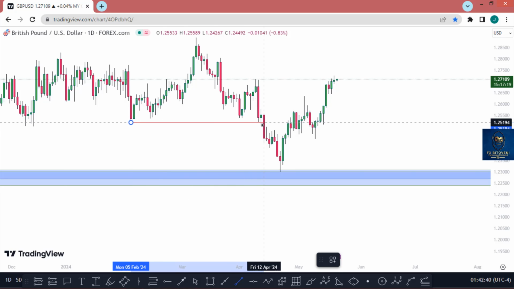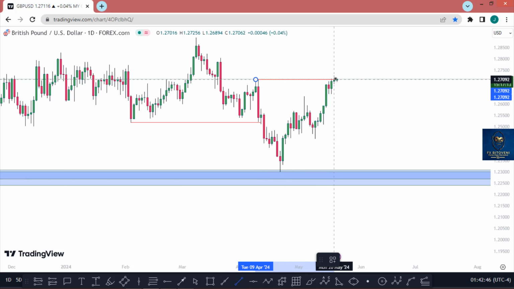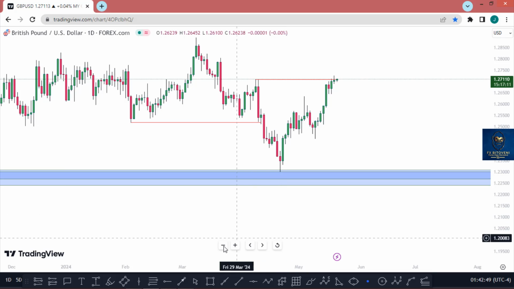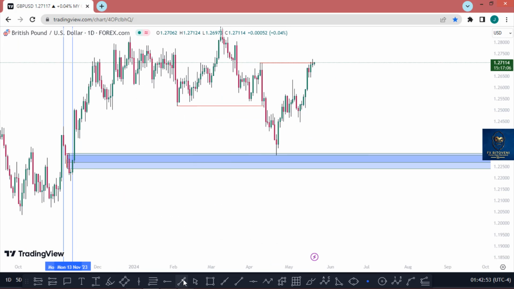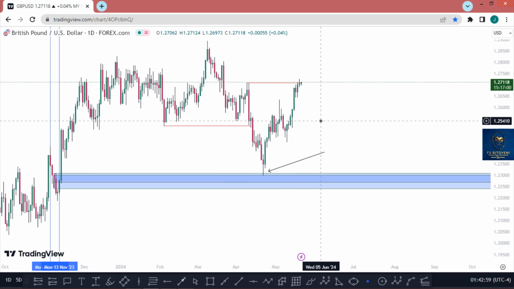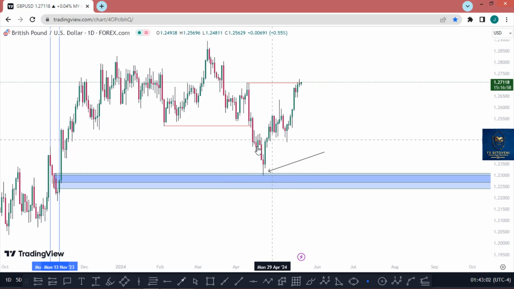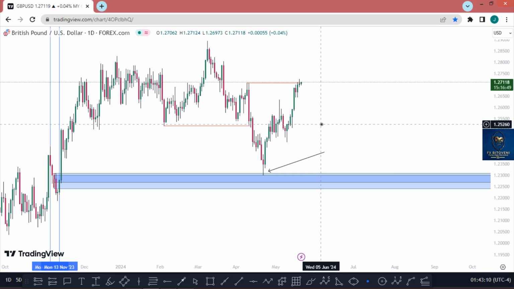Then, as you can see, price is breaking the structure. Remember, your buy opportunity is here, the area for reversal. So in case you didn't catch the move, you can wait for a pullback using order flow